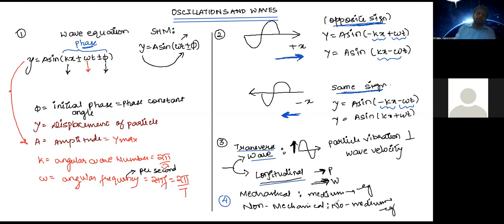Sound wave is an example of a mechanical wave. It requires a medium to travel, whereas light wave or electromagnetic wave, let's say visible light coming from the sun to the earth, does not require a medium because there is vacuum, right? Are we clear with this concept until here, Atul?